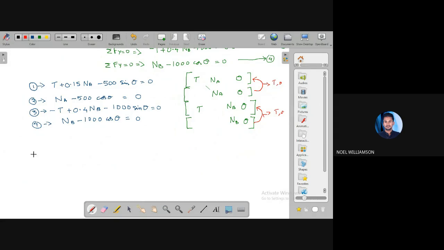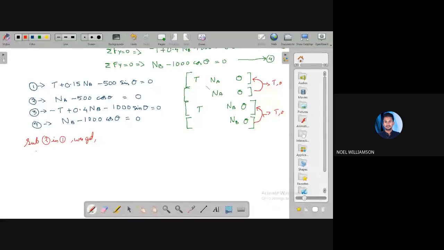These are the equations 1, 2, 3, and 4. So first of all, substituting 2 in 1. Instead of Na, we will get, from here, Na equal to 500 cos theta. So that we will be substituting here. So the equation becomes